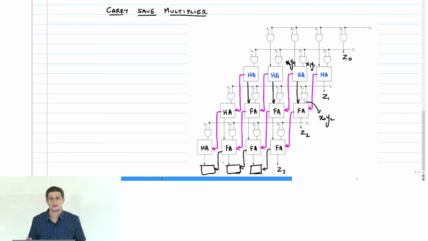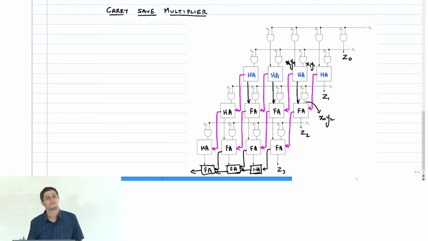Okay. Hold on. It's not that easy because this guy will now give me a carry. The last stage, now I'm down to the last stage. I can't do anything. I have to propagate the carry sidewards. I can't delay it anymore, right? So these guys will give me a carry. This will give me a carry. Okay? So therefore, yes, maybe this can be a half adder. This has to be a full adder,